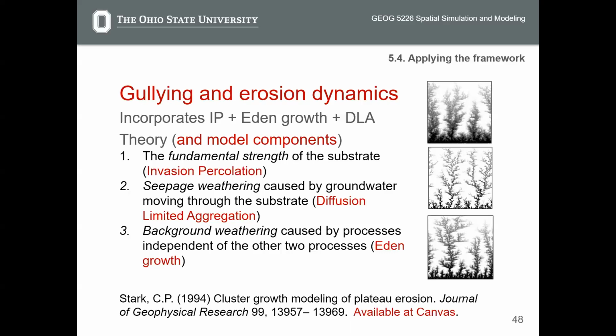Again, background weathering will reduce the substrate resistance. So you can say that invasion percolation is the core and the basis of this gullying and erosion dynamics. And the other two components of the model are affecting these dynamics by reducing the resistance of substrate. Okay,